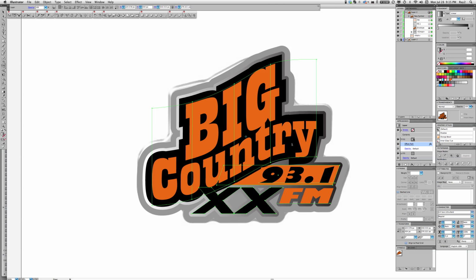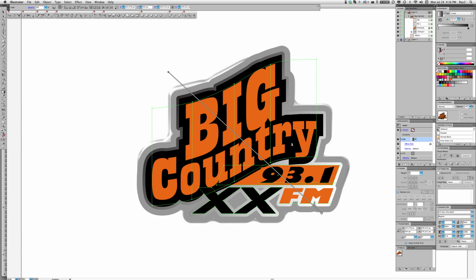Now with this fill still selected, if I hit G or go over to the tool panel and get the gradient tool, I notice wherever I click first will set the white point of the first color, and wherever I end my gradient, right now it's horizontal, and I actually want the lightest area to be down here, so I'm going to drag up and at an angle. And now I could change that, I'm not going to, this isn't 3D, I'm just going to do a reasonable